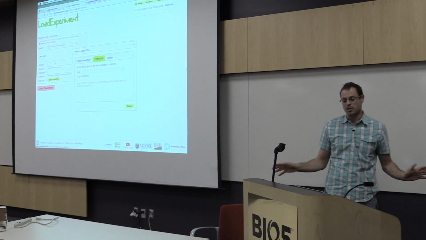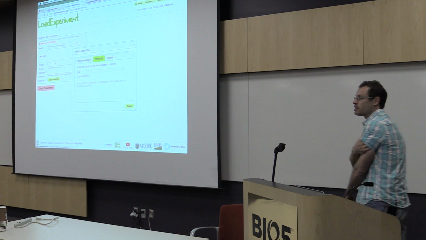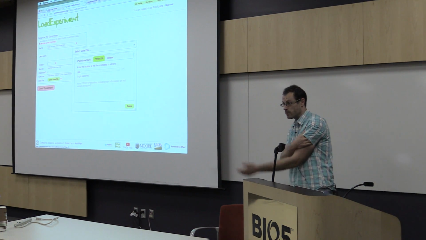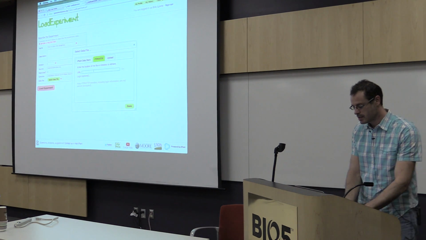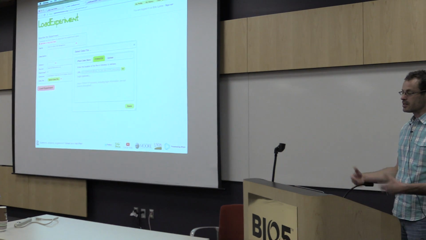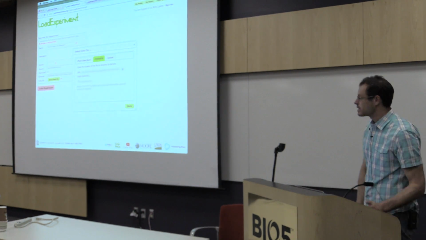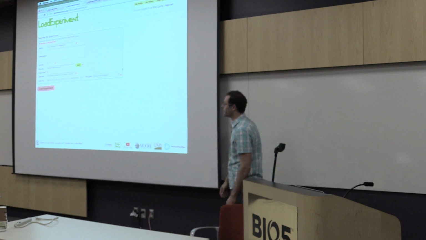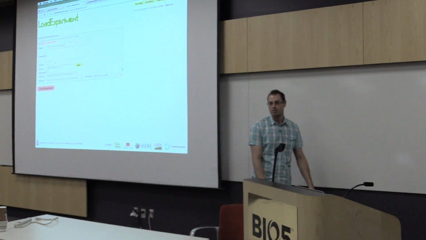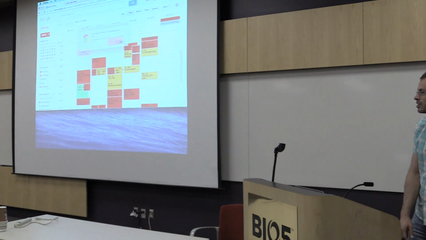But in this case, we're just going to retrieve it from an FTP site. If somebody has posted your data on the web, say the Genome Center, they've given you a URL, you can just paste in that URL. In this case, this is data that's in the iPlant data store. Press get, and then CoGe will go get your data for you and load it into the system. This does have support for simple HTTP passwords, so if it is under a simply protected site,